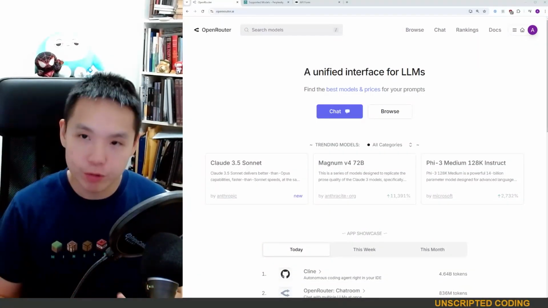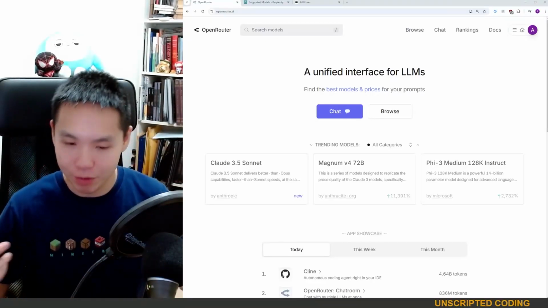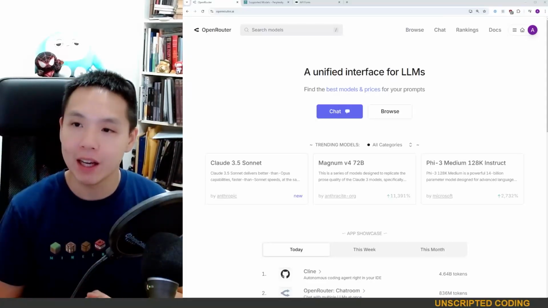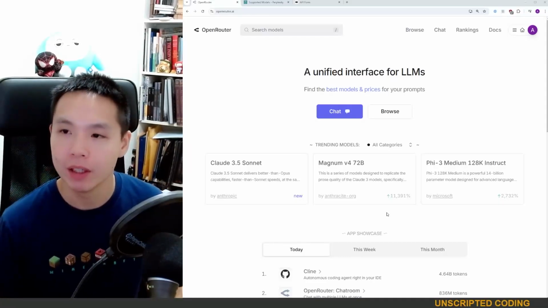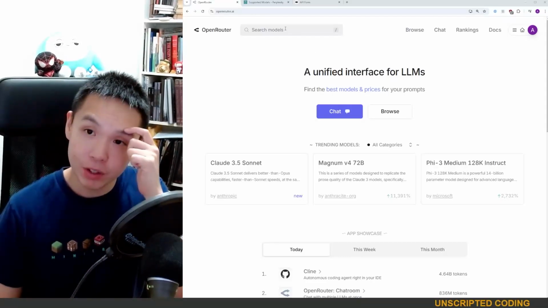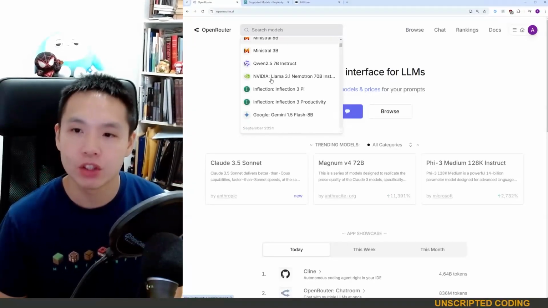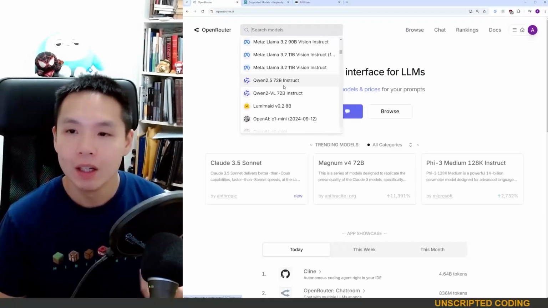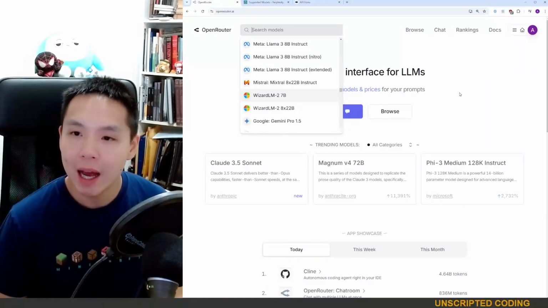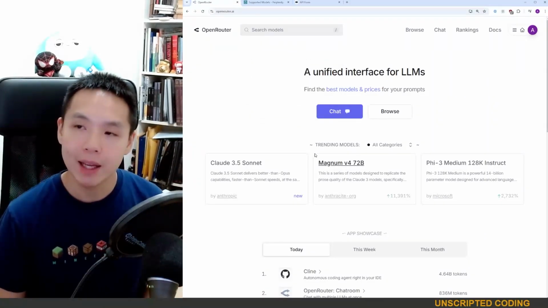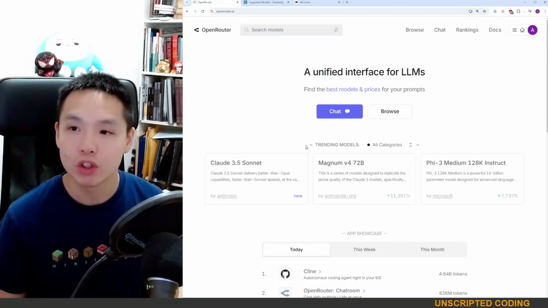Today I just want to go very quickly through OpenRouter. I've recently discovered this aggregation of different LLMs in a single API and single website, but it has been around for a little bit. Now, what I mean by that is that if you take a look at OpenRouter, you will find Anthropic, Grok, Mistral, you will find Google, Llama, and OpenAI, and many, many, many other models, of course. And what this means is that in a single interface, but also a single API, you are able to access